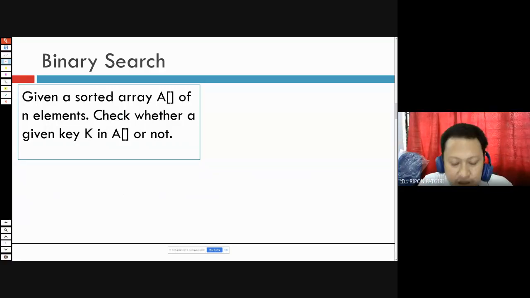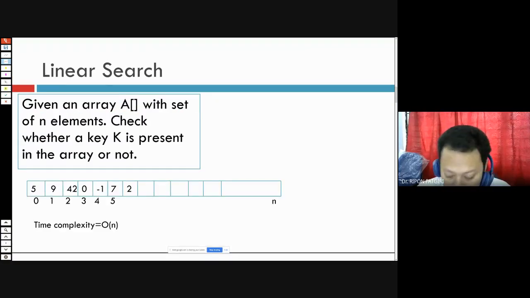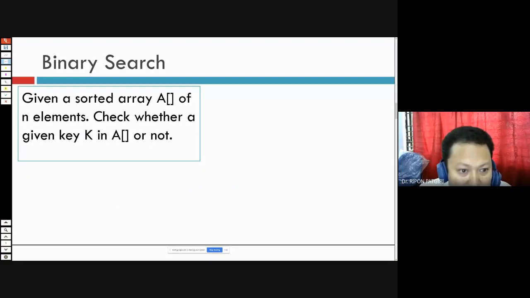Binary search has one condition. It must be a sorted array. The given array must be sorted, either in ascending or descending order. We'll assume ascending order of n elements.